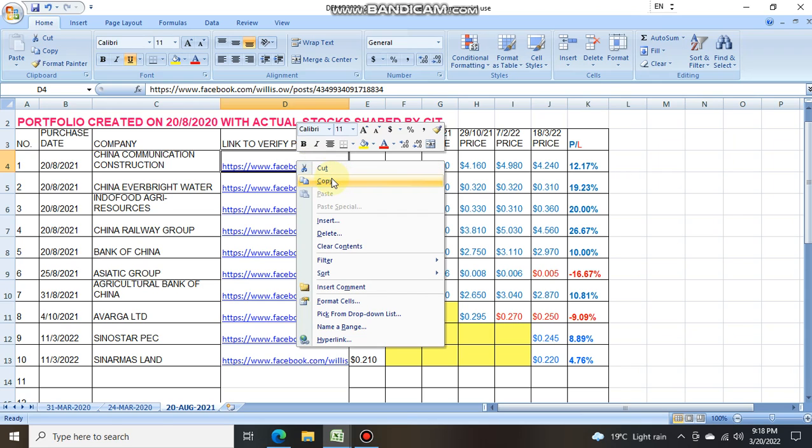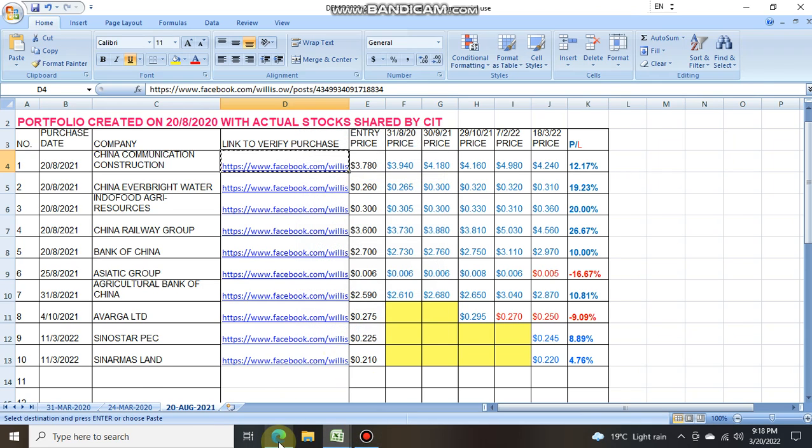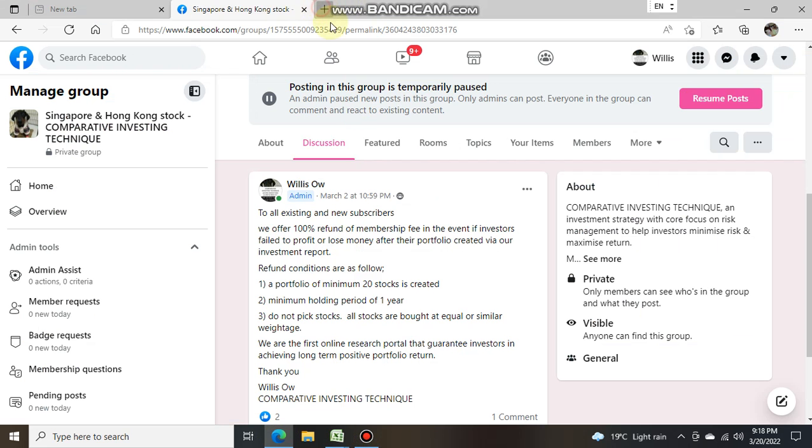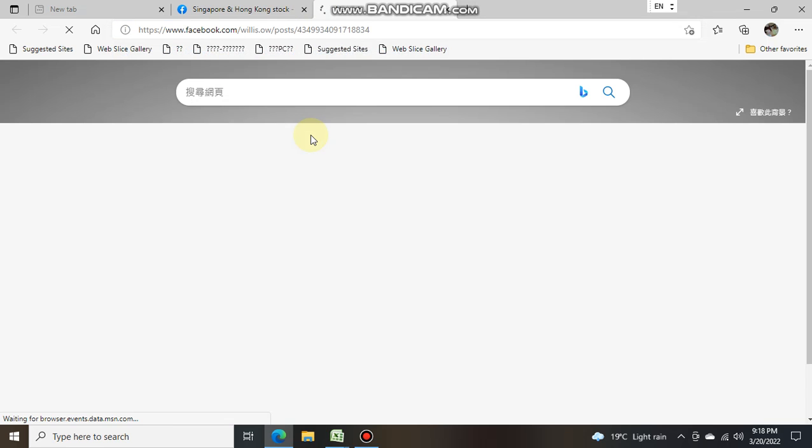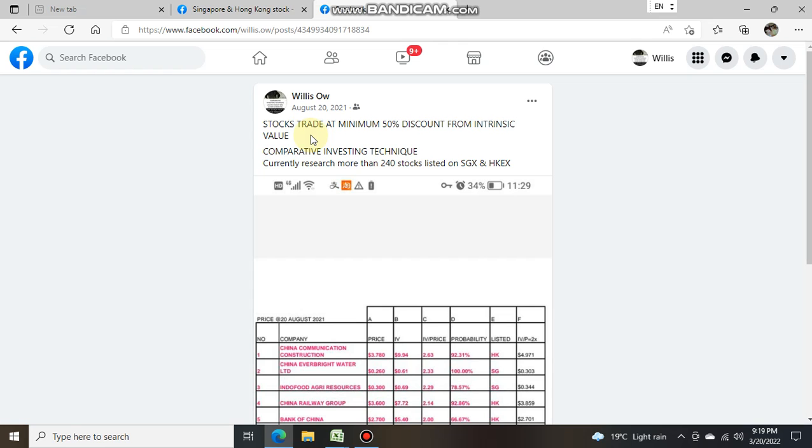We right click and copy this link, and go to our web page. You can see that on our Facebook, on the 21st of August 2021, we updated this top 20 stocks